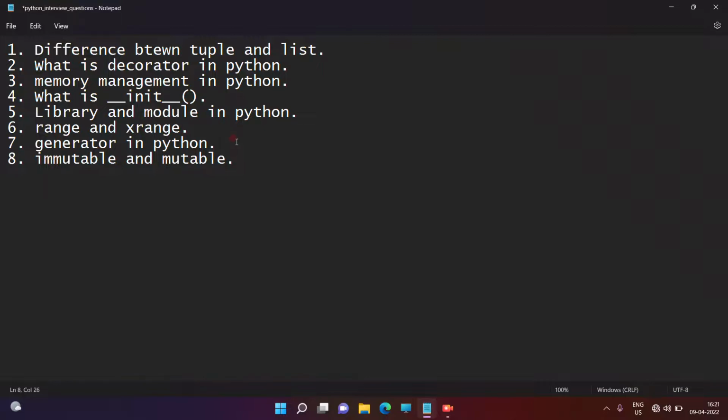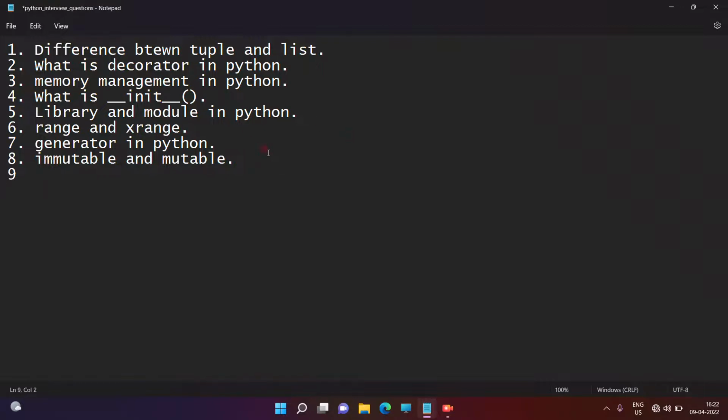So what is mutable? Mutable is an object which can be modified and changed. It means we can create, change, delete, update, and also increase or decrease the size of a particular object once created. This is the difference between mutable and immutable. The mutable data types are list, set, and dictionary. So this is the difference between immutable and mutable.